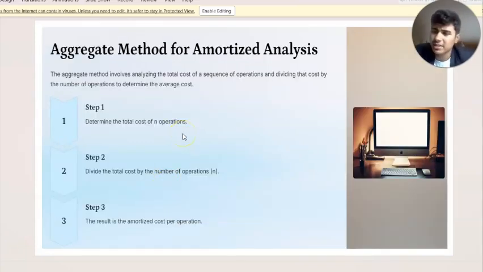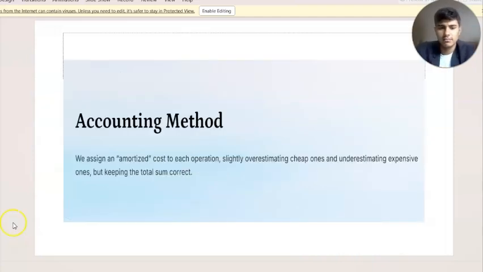Then the aggregate method, what we saw above in the example was the aggregate method only, which is nothing but the average cost, that is total cost upon the number of operations, that is n. Then in the accounting method, there is an amortized cost which we assign to each operation, slightly overestimating cheap ones and underestimating expensive ones, but keeping the total sum correct.